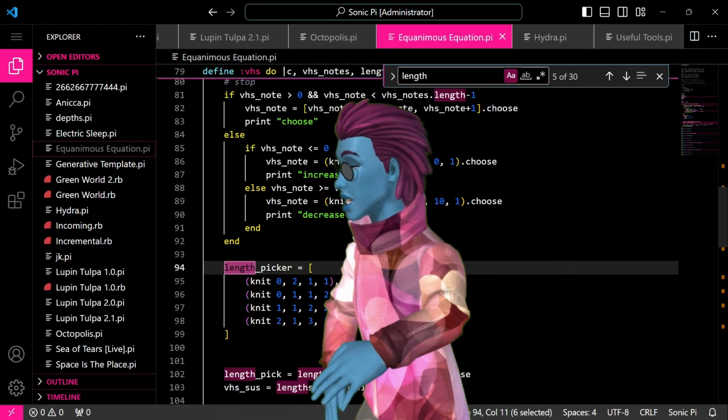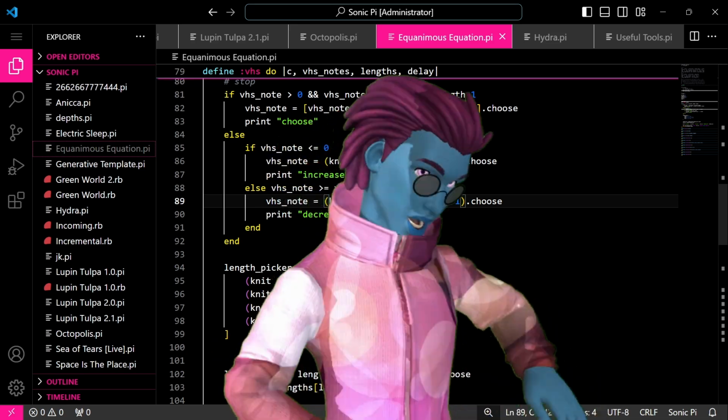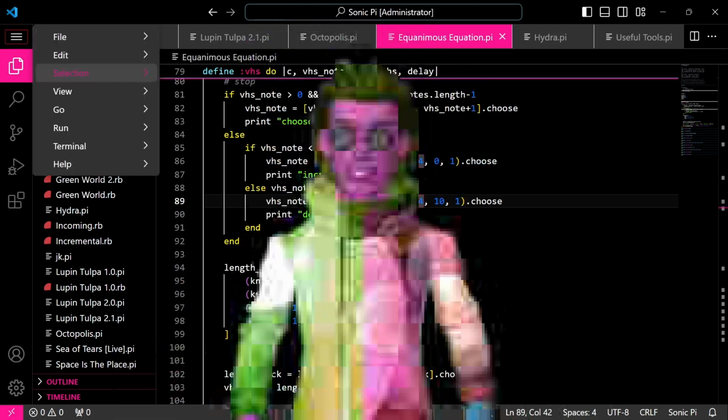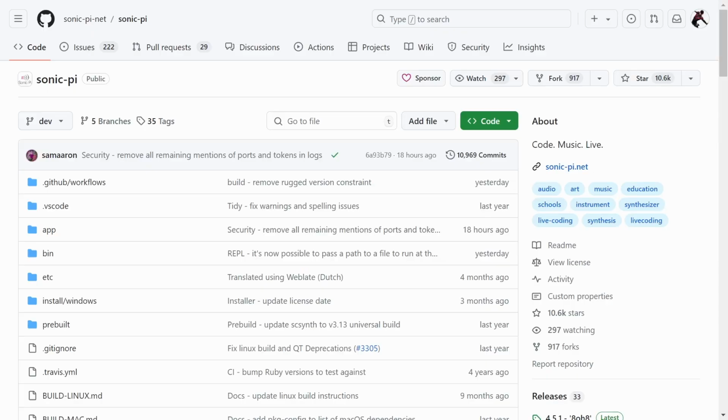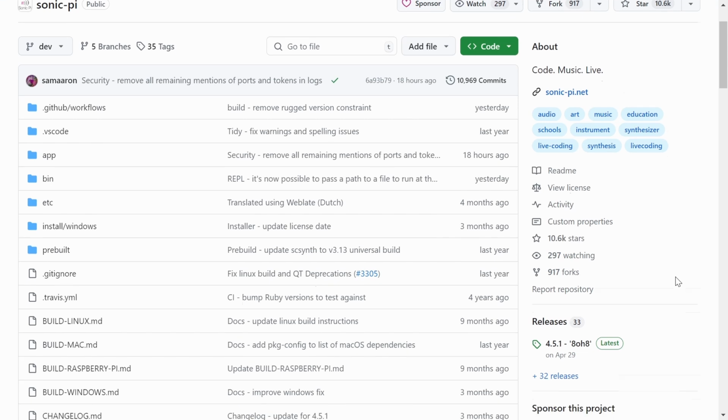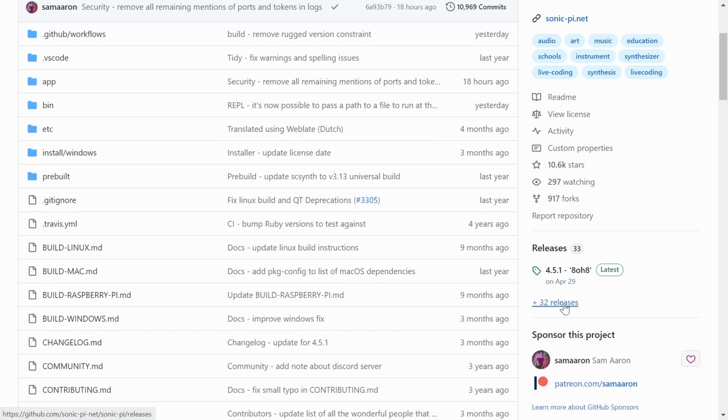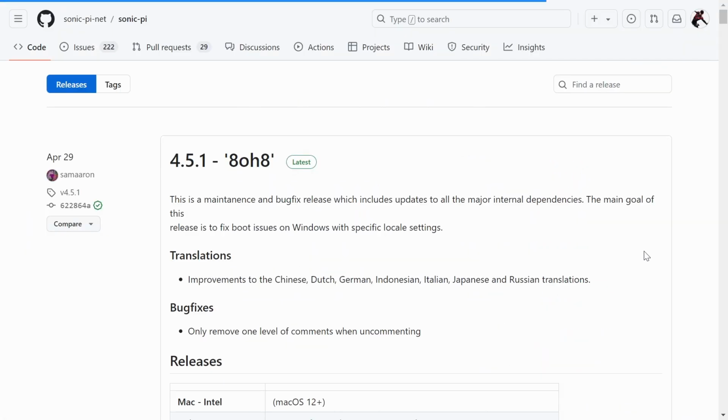Now for why we're all here. Running SonicPi through Visual Studio Code. It's actually quite a straightforward process. First, you want to install SonicPi. It's important to note that the version of SonicPi that you have is quite important, which I'll get into in a bit, but for now, I'll just say that at the time of making this video, I'm using SonicPi version